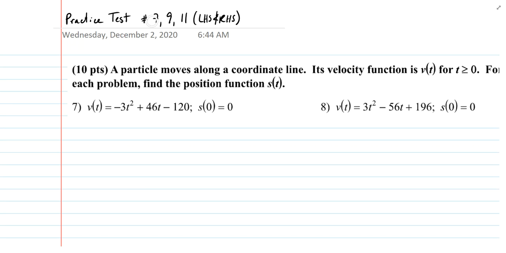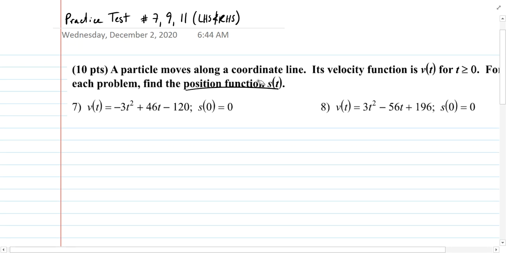Okay, in this video I'd like to address three of the problems from our practice test, 7, 9, and then 11. With 7 and 9, we're using acceleration and velocity functions in order to find a position function and use that position function. With number 11, we're being asked to find the area or approximate area under a curve using an appropriate Riemann